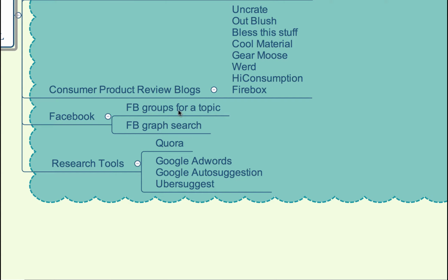And of course, there's always Google AdWords. Now, you probably know what that is, but it's still a great tool to see the demand of a certain niche, what kind of phrases people are looking for and asking. Another thing to see is if there are people out there searching for it or asking questions as well.